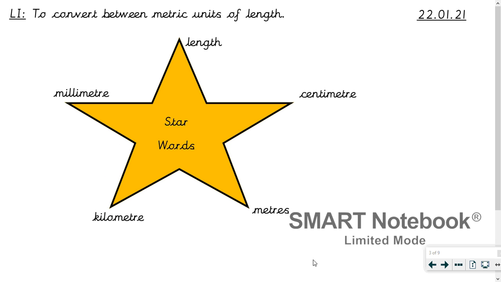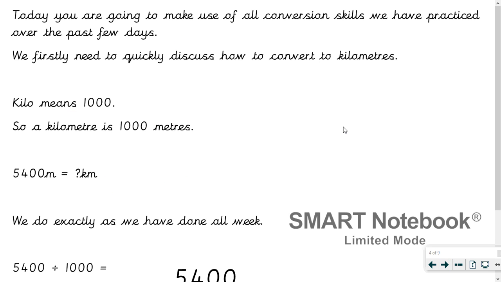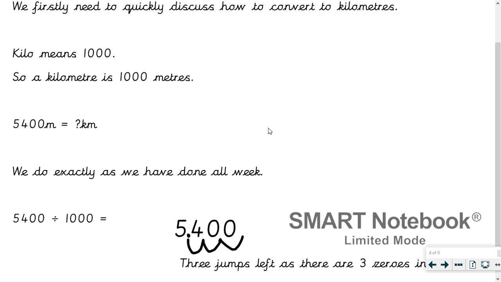All the metric units of length we've looked at. So we're going to use all our conversion skills we've practiced, but we first need to quickly discuss how to convert to kilometers, because we've not done that yet in a worked example. So let's do it quickly. Kilo means 1,000. So a kilometer is 1,000 meters. If we were to convert 5,400 meters,